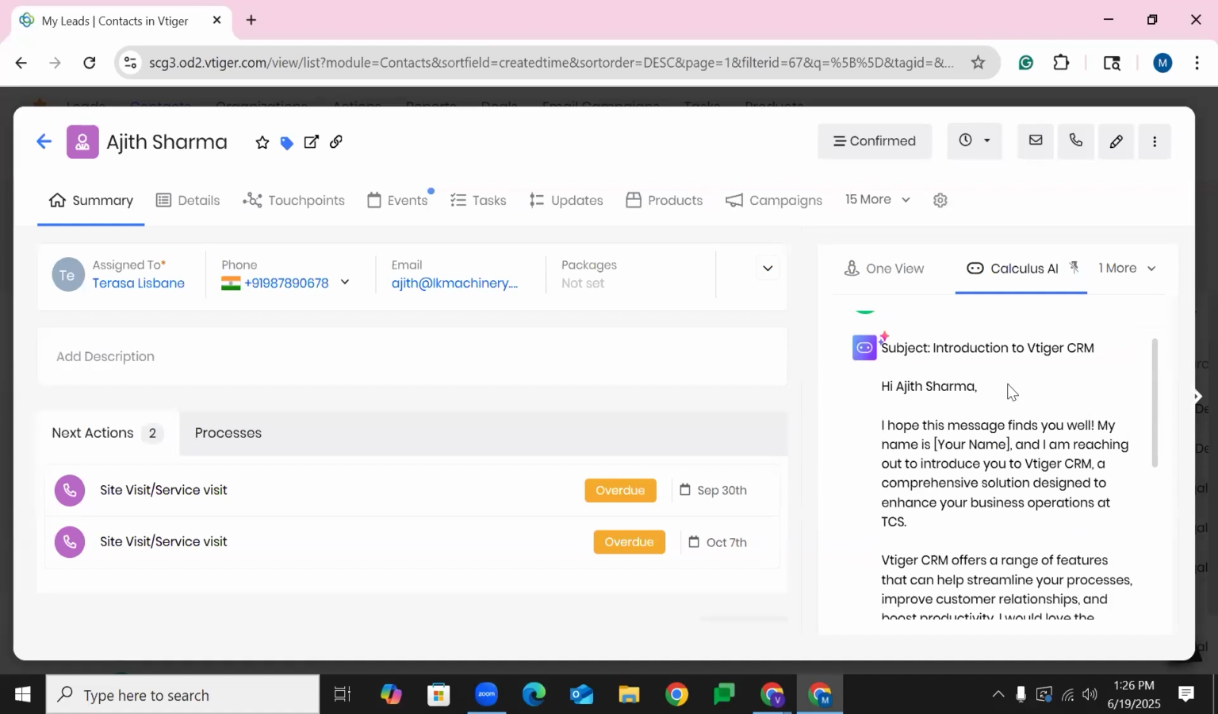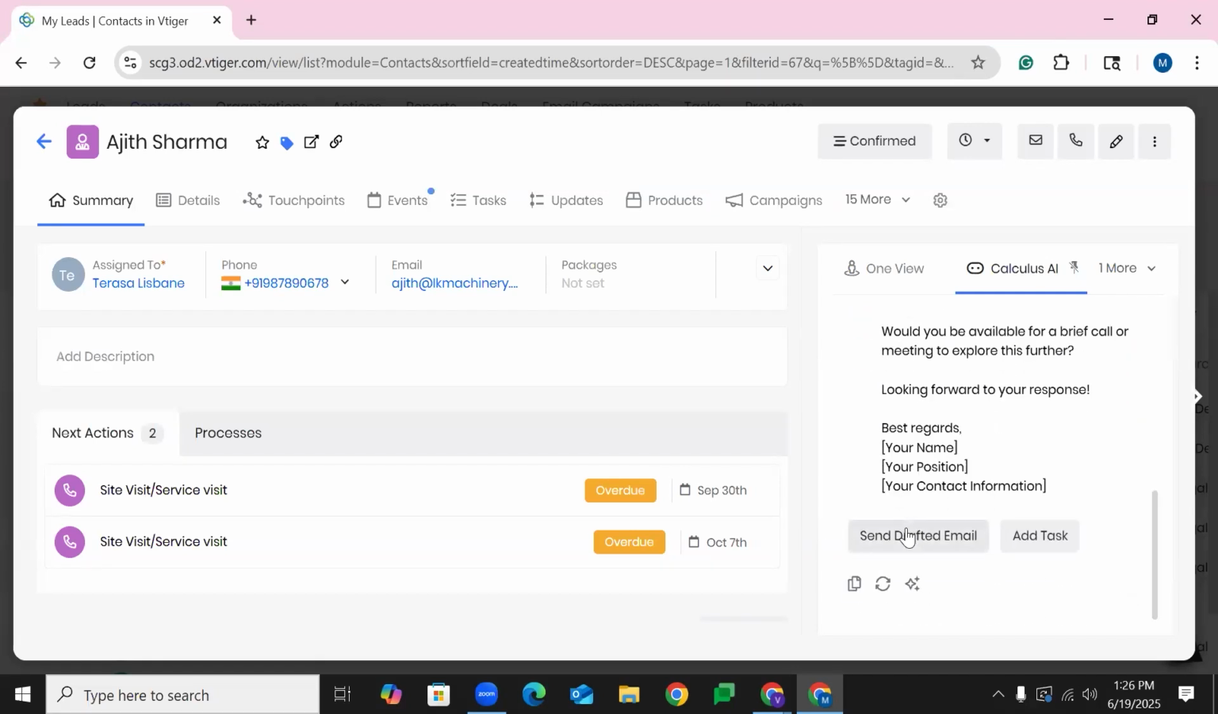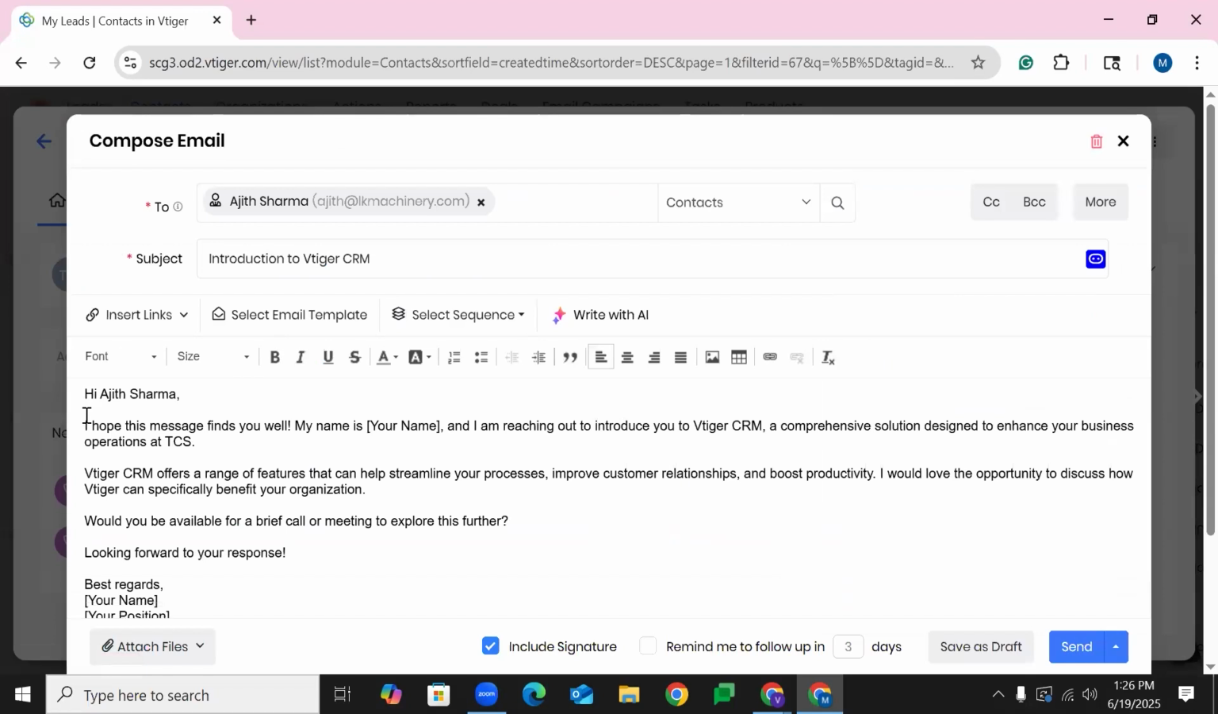So here you can preview the email itself. It actually builds an introduction for you as well. And then clicking on send drafted email does not send it immediately. It pulls it into this page. It pulls the subject into the subject line, and then the body of the email is here